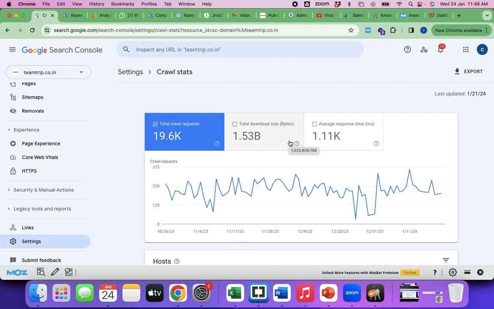Data can be measured in terms of MBs, KBs. Here they are measuring it in bytes. 1.53 billion bytes. How many bytes will be 1 KB?